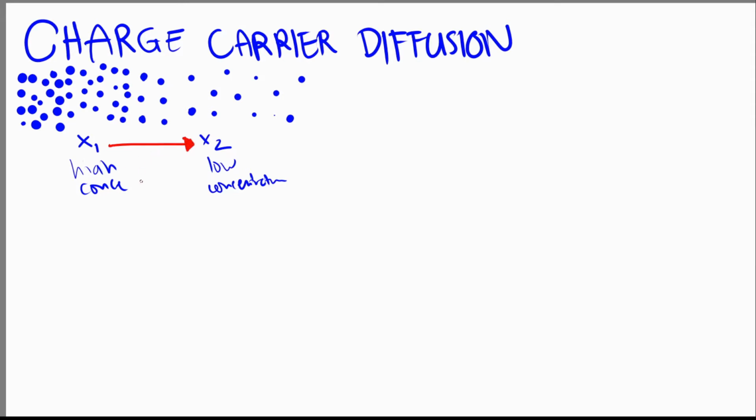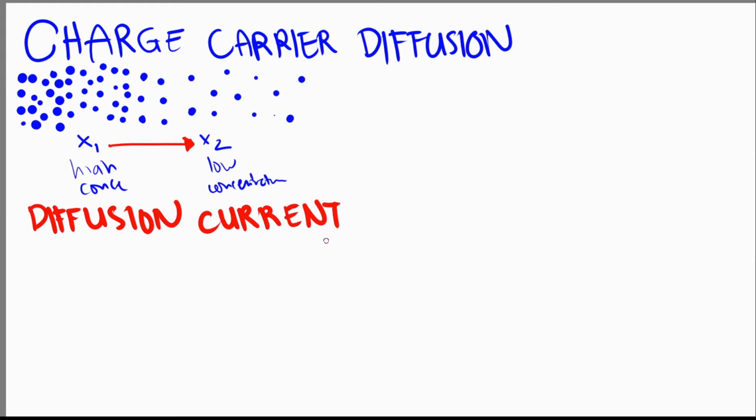And due to this diffusion, there will be movement of our charges. And this movement will lead to the production of what we call your diffusion current. So what is diffusion current? Diffusion current, let's just write it here. Diffusion current is the current produced by the diffusion of our charge carriers. It may be electrons or it may be holes. So for example, in here, for our electrons, there is a diffusion from X1 to X2. So in this case,